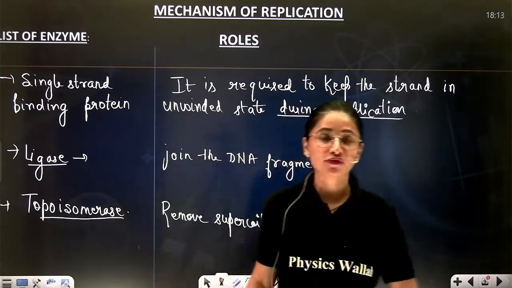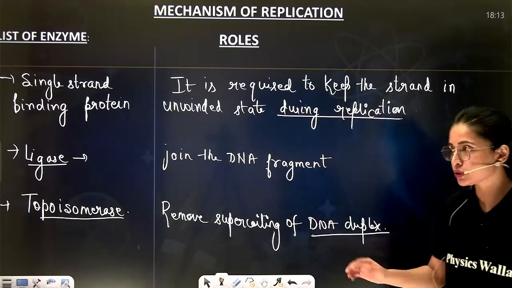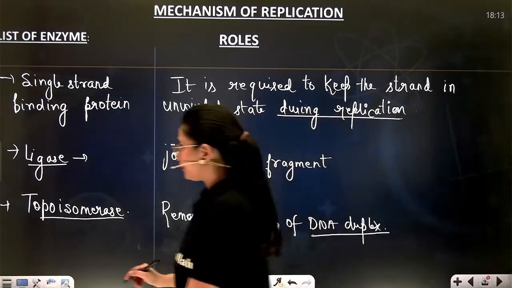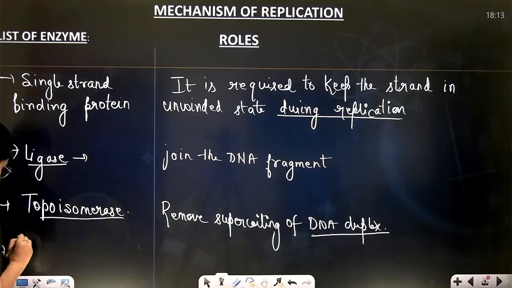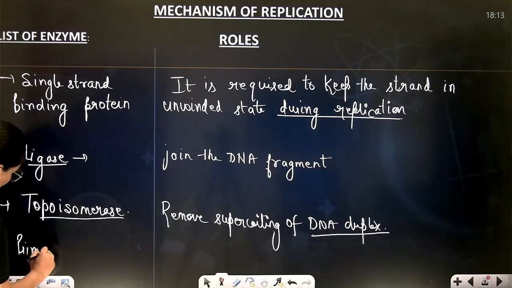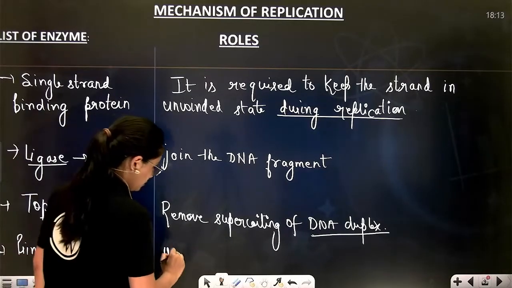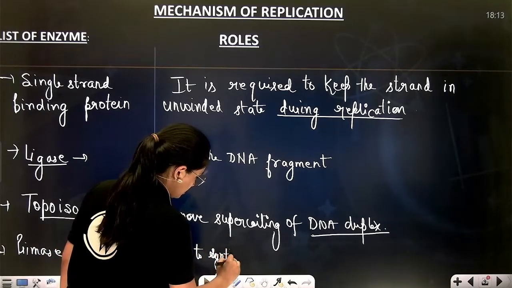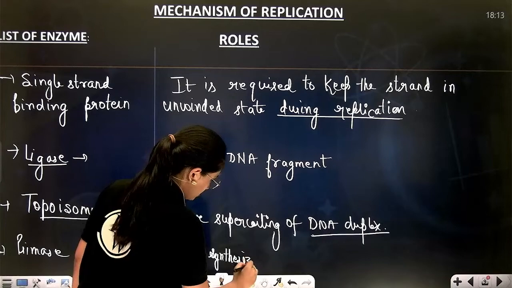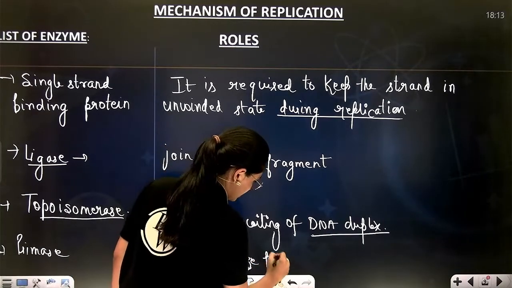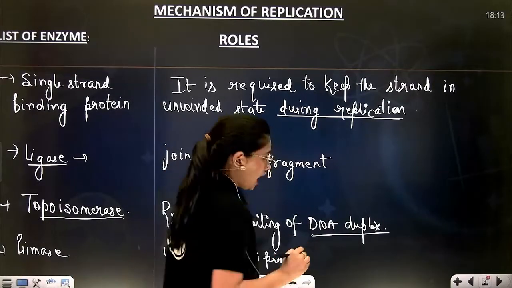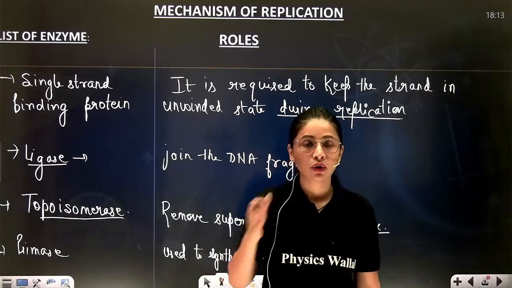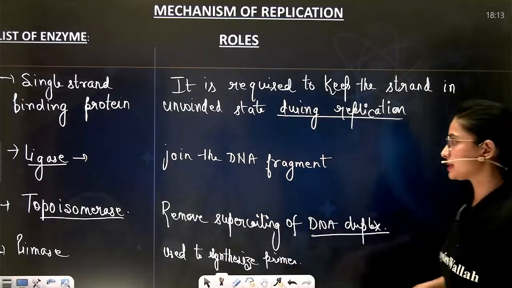So these are the different enzymes which we are going to use during replication, and one more enzyme, primase, is also there, which is used to synthesize primer. Now, how and when, I will let you know while I teach you the process, the proper steps of